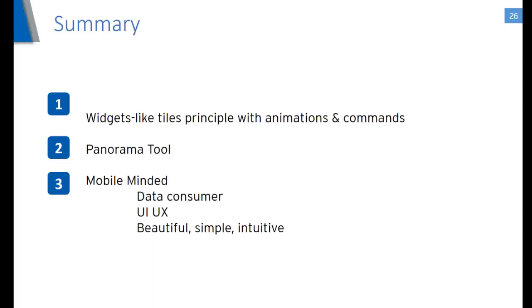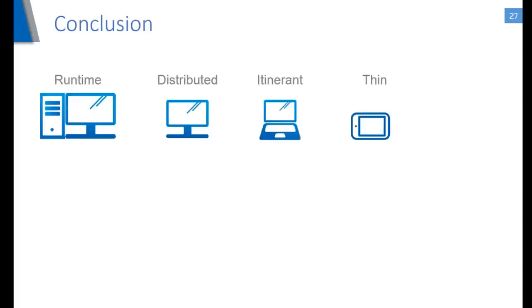So this is a specific designed application. It is a simpler and less detailed tool than Supervis, because it's data consumption oriented. There is a user experience and a user interface made for the mobiles. So it's beautiful. You have to put beautiful interfaces, simple, intuitive, and clever behavior using the specific tools and features like GPS coordinates or QR code scanning.